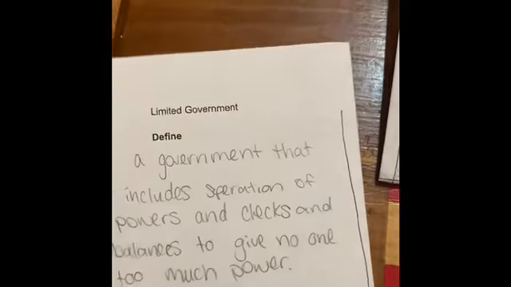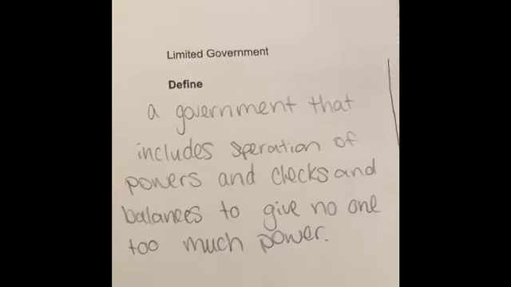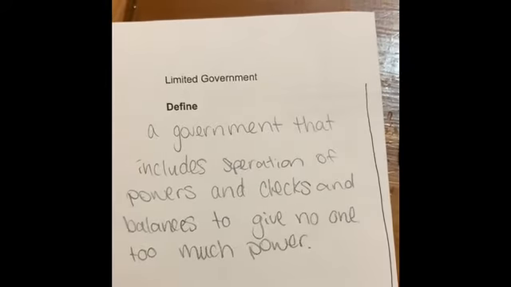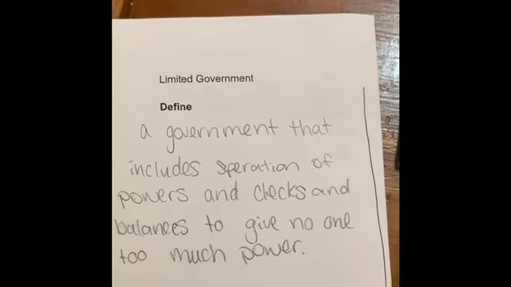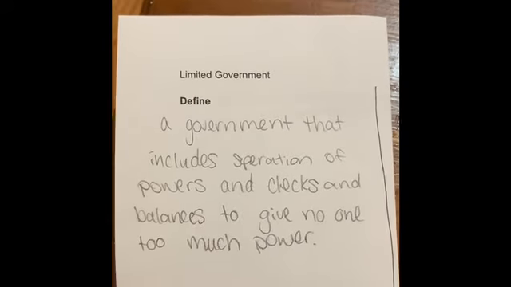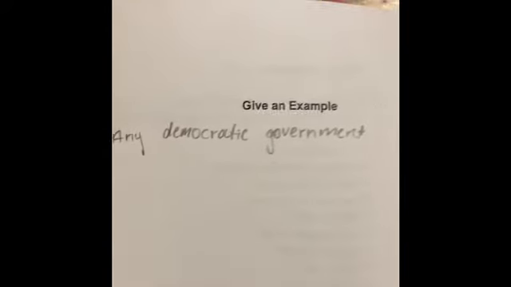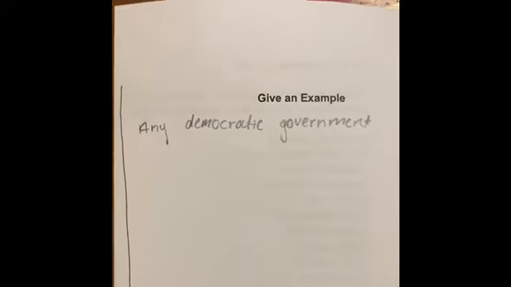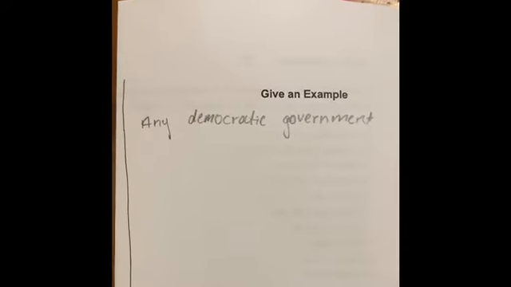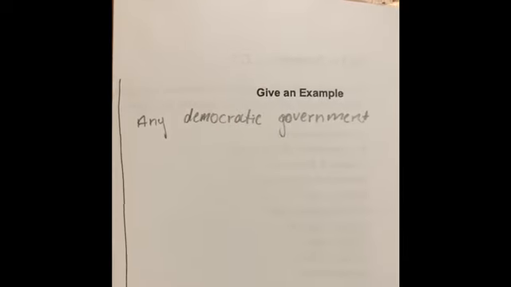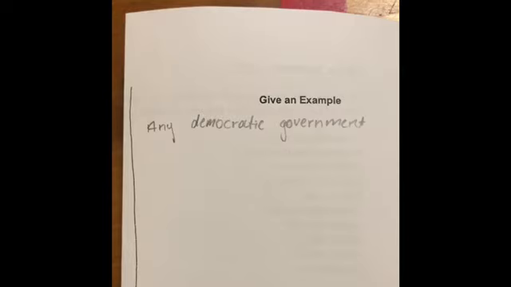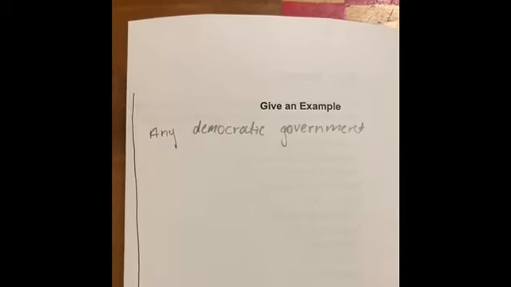And I thought this second definition did a good job too. It says that the way it limits power, the way it has restrictions, is with separation of powers and checks and balances, which are two more of our definitions coming up. So there's the definition of limited government. An example, I thought this one was sweet and simple. Any democratic government is a limited government, we had said. So the United States, any of the governments of the world where leaders can't just do whatever they want, where the people have protections and rights, are going to be examples of limited governments.